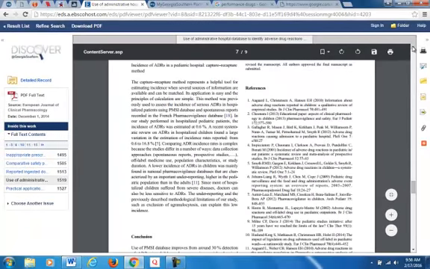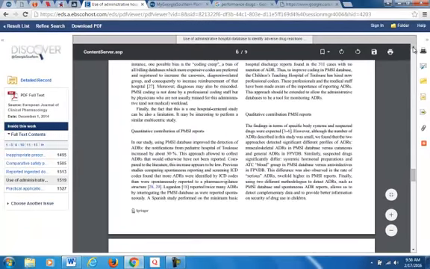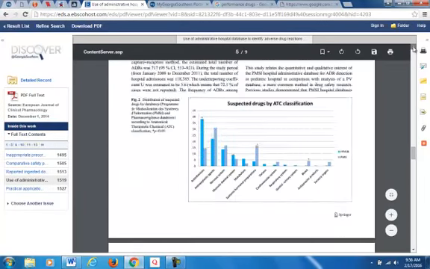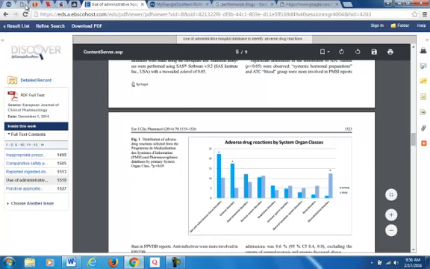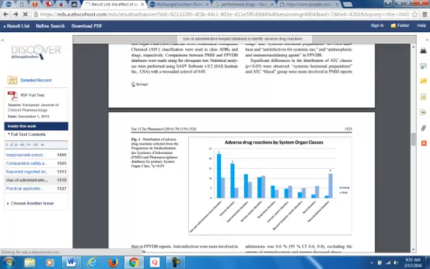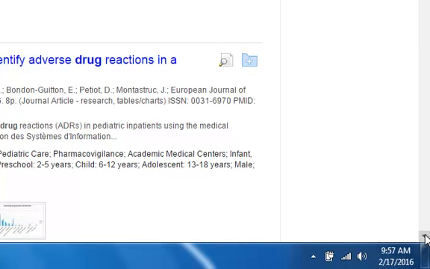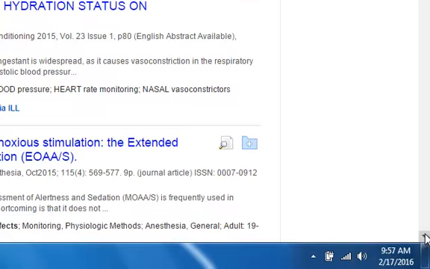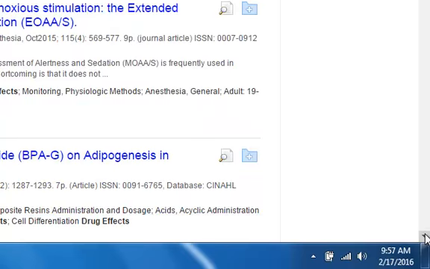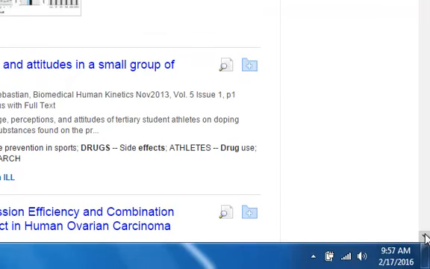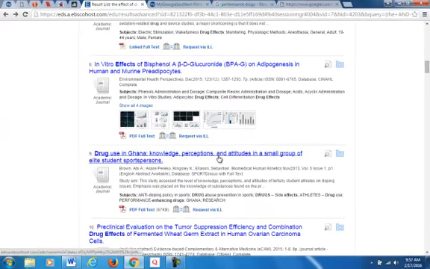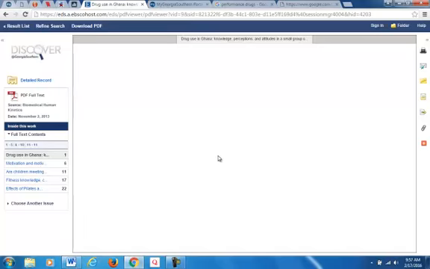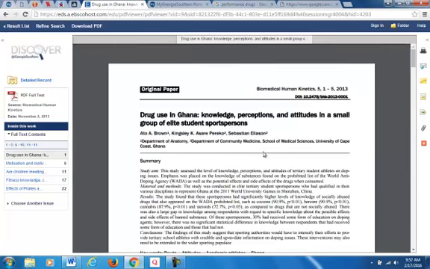I'm getting this one on Galileo. And this article talks about drugs overseas in Uganda.